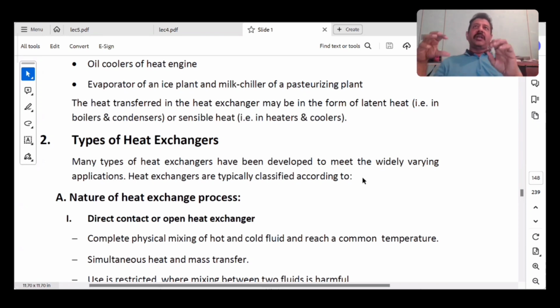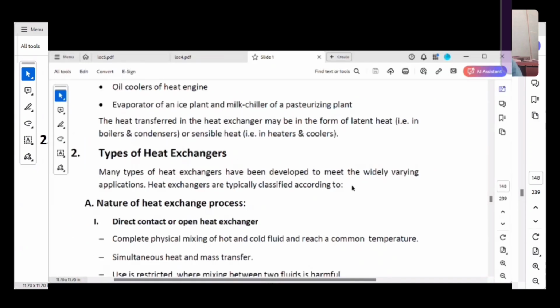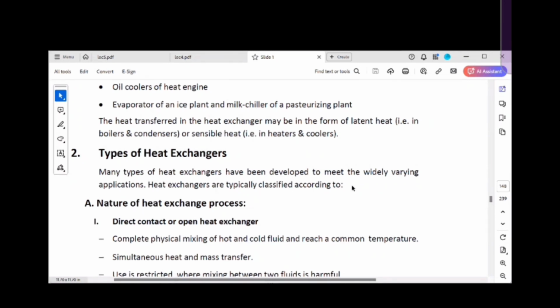Once I heat up water in an evaporator, it becomes water vapor, steam maridum. Right? Adu evaporator is also a heat exchanger. But idhula enna nadakudhu? Phase change nadakudhu. Water becomes steam. Condenser la enna nadakudhu? Steam enters into the condenser. It changes phase from vapor phase into the liquid phase, giving latent heat of condensation.